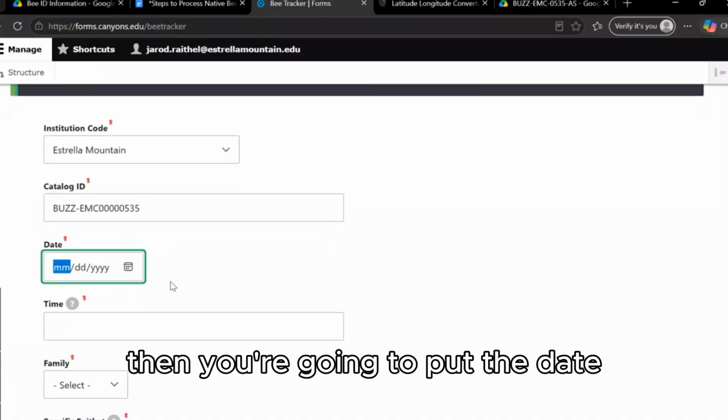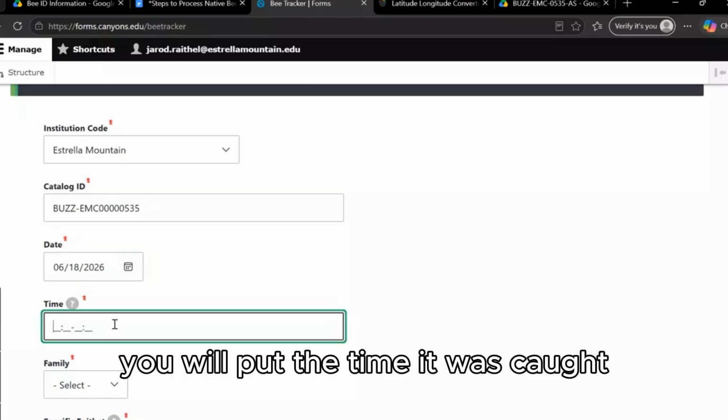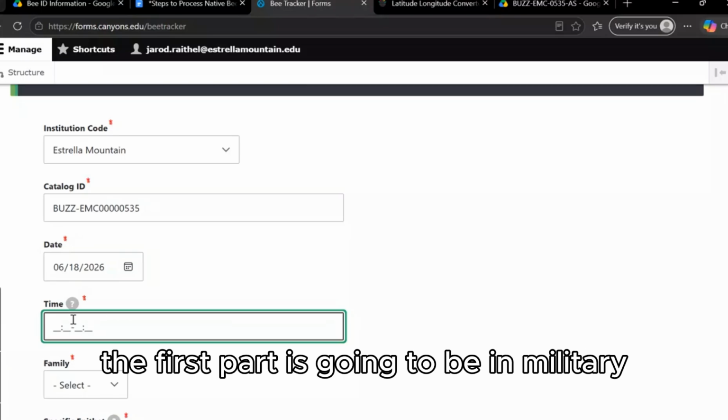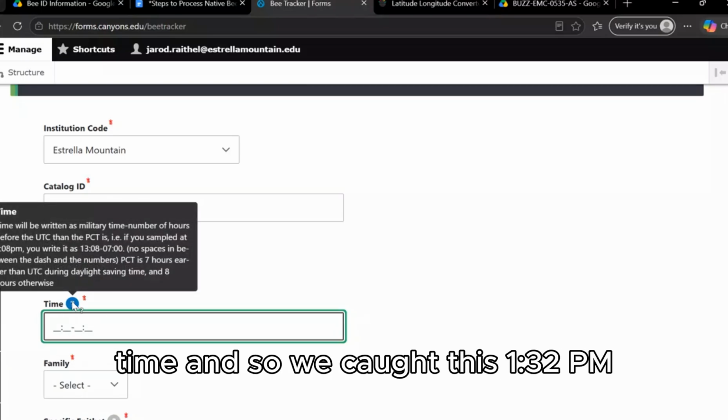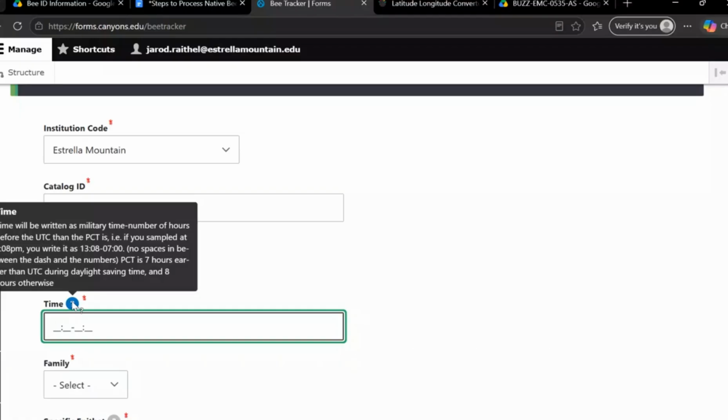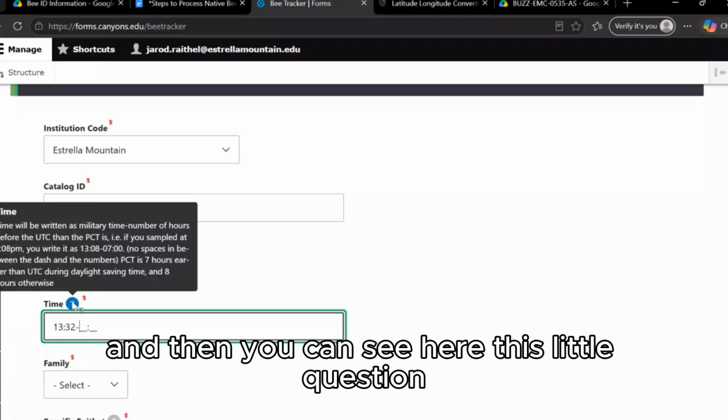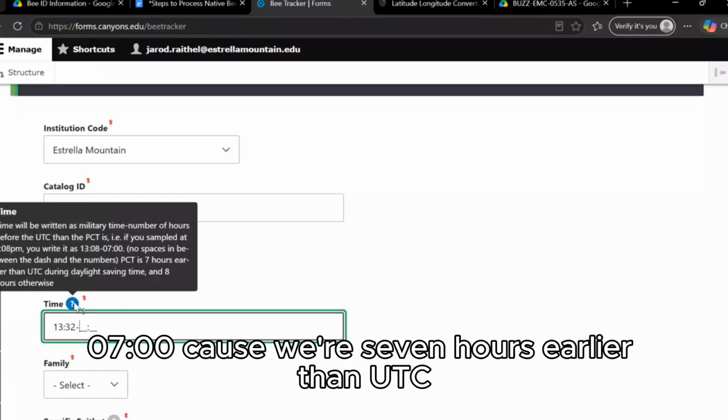Then you're going to put the date that the bee was caught. You will put the time it was caught. The first part is going to be in military time, and so we caught this 1:32 p.m. And then you can see here this little question mark can kind of help you out, 0700, because we're 7